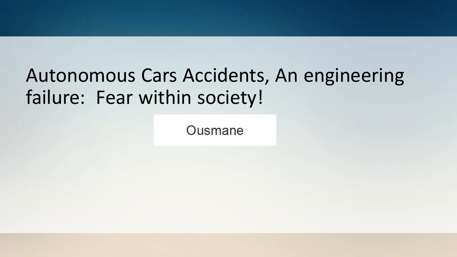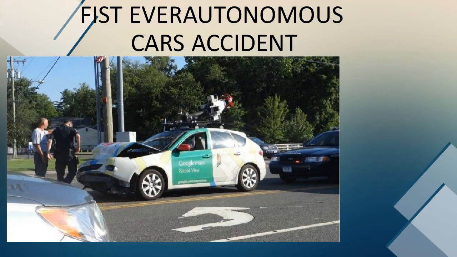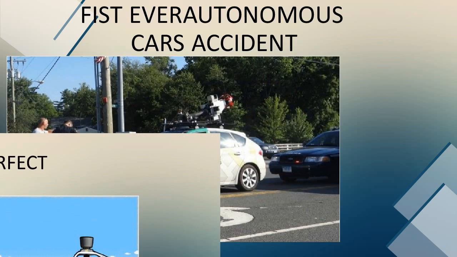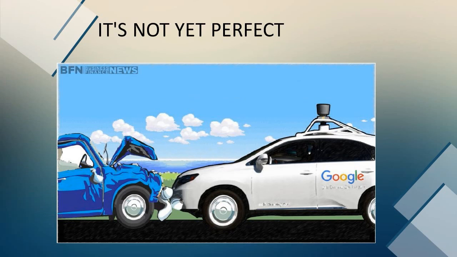A striking example of self-driving cars accidents which cast a doubt on society on the safety of autonomous cars is the two incidences that happened recently. One on September 23rd, when a Google self-driving car on self-driving mode sustained a significant damages after it met an accident while traversing the street, and the other on May 2016, when a man was killed after his Tesla, operating in autopilot mode, hit an articulated lorry, which created fear within society.